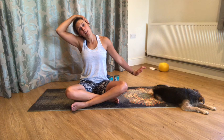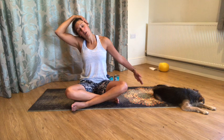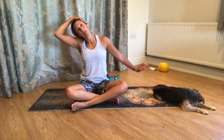And then gently release, come back to the middle, take the other ear towards the other shoulder. Again, just lightly resting the hand on top of the head just to encourage that stretch a little. And then reach that arm out, little flex and then extend. Release and come back to the middle, and finally we'll just interlace those fingers in front, really push the hands